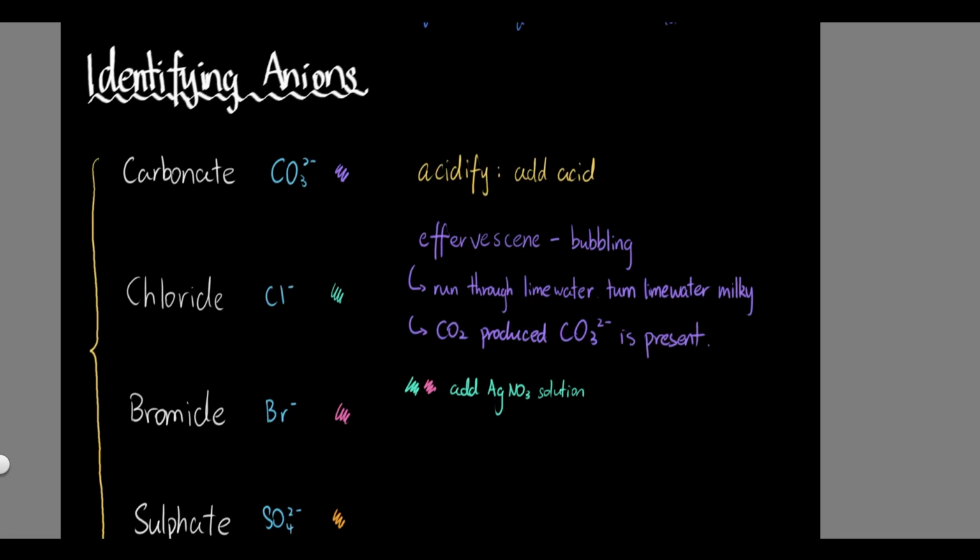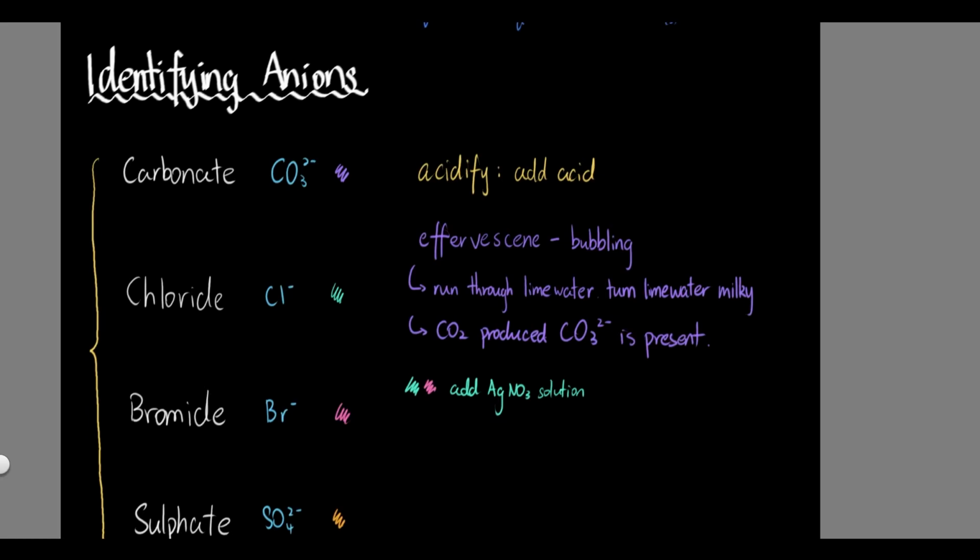If you're testing for chloride, you wouldn't use hydrochloric acid to acidify it anyway, because if you then added silver nitrate, AgNO3, it's going to precipitate with the chloride ions. So what's the point of adding hydrochloric acid? If you add the acid and then the silver nitrate, of course it's going to precipitate. It won't tell you if the original solution you wanted to test contains chloride or